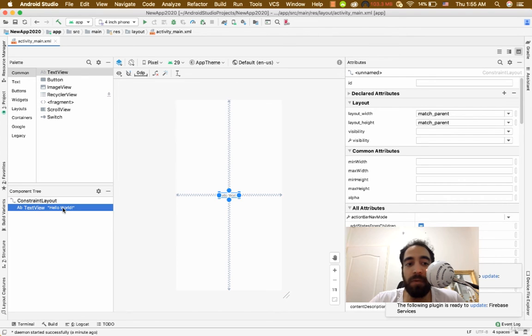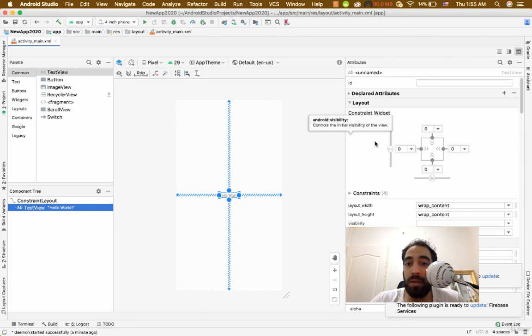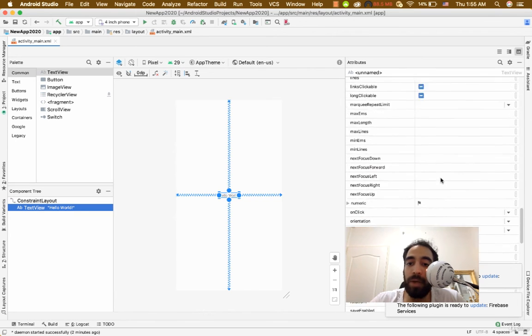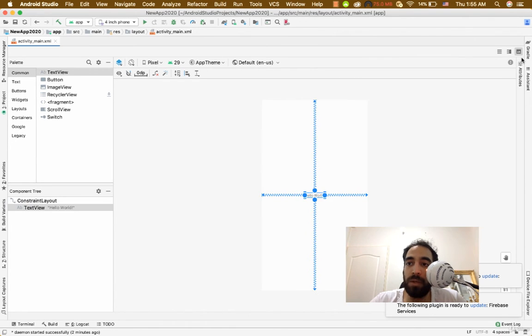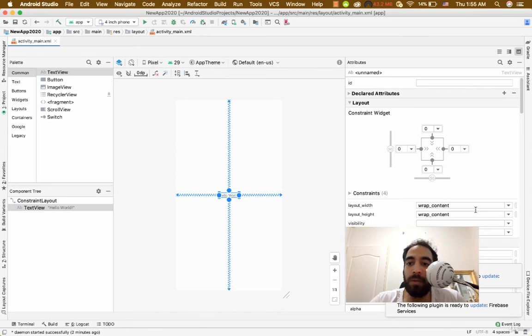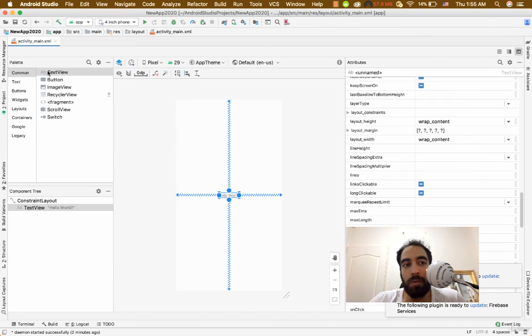Then again, if you select an item here, because this layout area is context sensitive, when you select an item, its attributes will appear here at the right side. So sometimes this area is hidden. You can just click on attributes and it will open. So this is as before. There are some new changes here, but you can see that the palette section is the same as before. You can simply select an item here, or you can just search for an item if you want in order to select it. If you cannot find an item here, you can go to the text tab where you